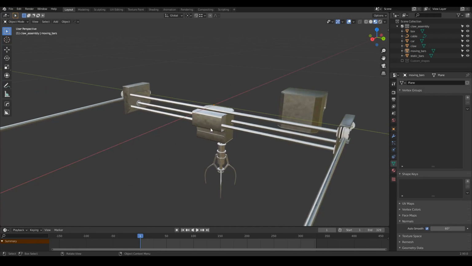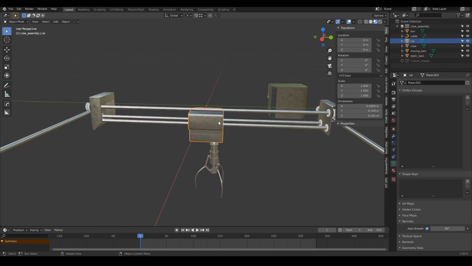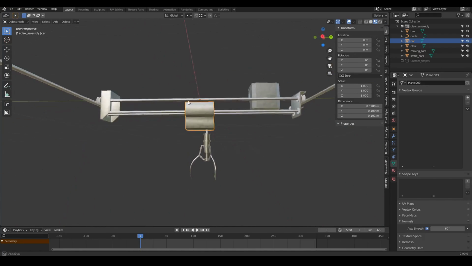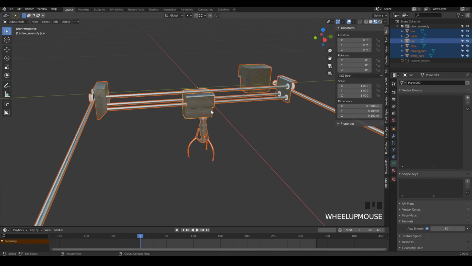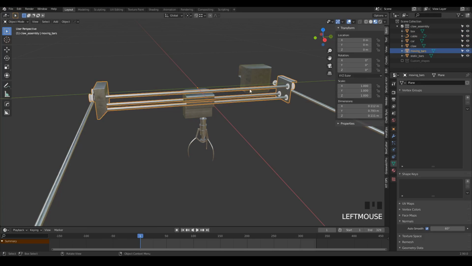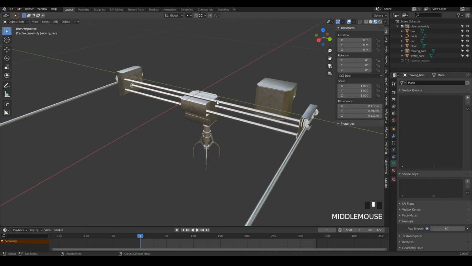Before doing anything and creating any armature, the first thing I'm going to do is check that all my objects have the location, rotation and scale applied. Here I have it, but to be more sure I'm going to select everything with A. Let me enable the shortcuts here. There we go. So I select everything and press Ctrl A, apply all transforms. Now we have in all the objects the location, rotation and scale applied,